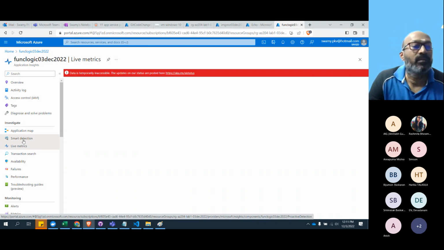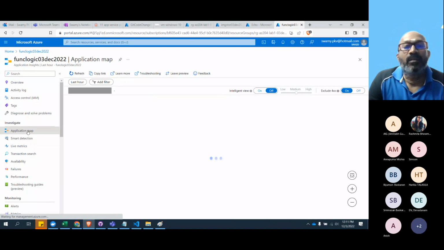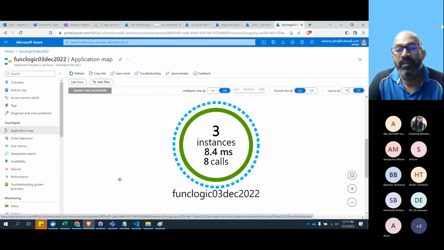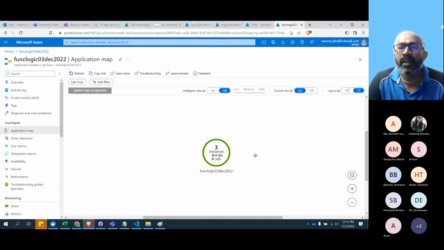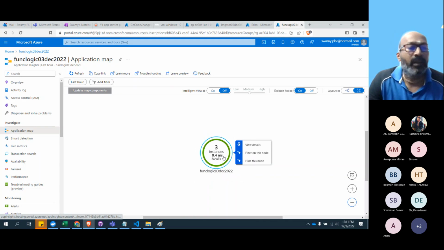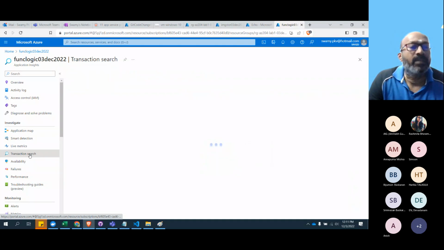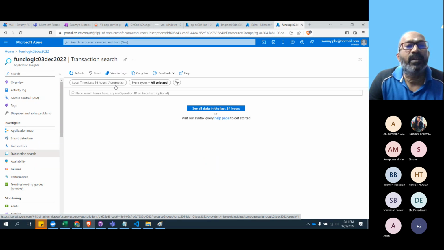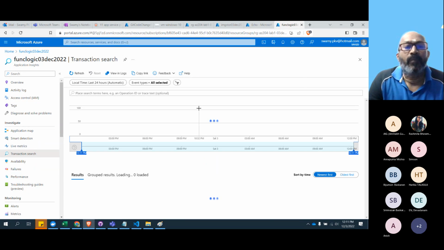Oh, Jesus. Now, at least let's see the application map. You can see 8 calls were made. We did an integration with the storage account, so there should be a link from the storage account to this one. It has yet to show that.